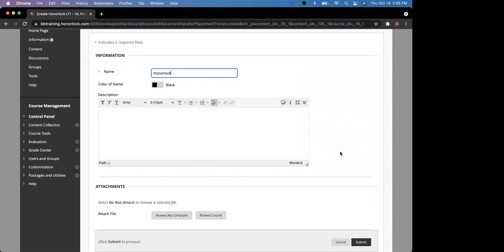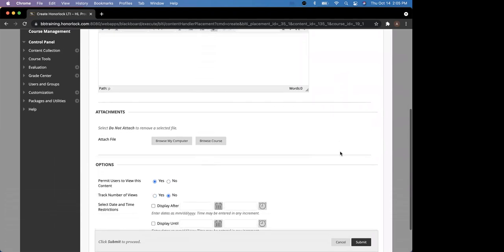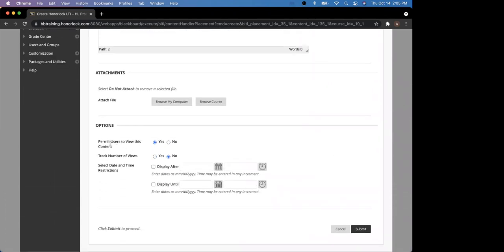But the most important factor on this page is if you scroll down and you see this option here, permit users to view this content, this is the only important part really on this page. You want to make sure this is always set to yes, because if it is set to no, it'll just have some viewing issues on instructor and student sides as well. So just one important thing to note, if you get any questions on this option here, permit users to view this content should always be marked as yes. And then we simply just scroll down to the bottom, click on submit, and that would add the Honorlock LTI